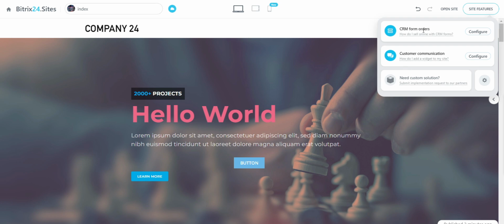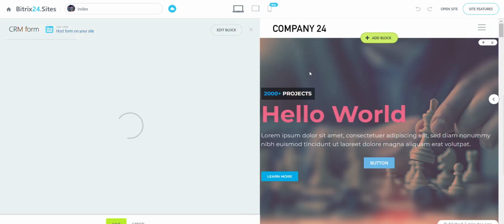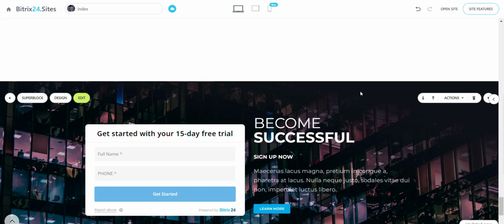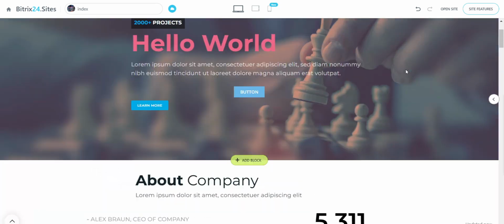CRM form orders. You can go to the settings of the CRM form, which is located on this page. If there is no form, it will be automatically created at the end of the page. You can configure it here, add any form, and customize it for what you want. After that,